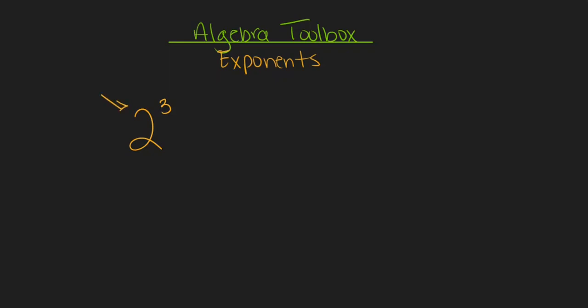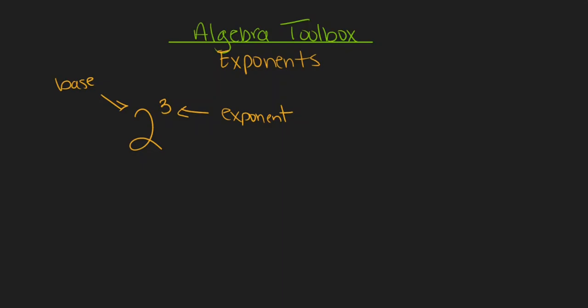So again, the 2 is our base. It's the big number that we see. And then the exponent is the smaller number floating up above it. The way that exponents work is they tell us how many times to multiply the base by itself. So this base of 2 with an exponent of 3 tells me to multiply the base of 2 by itself